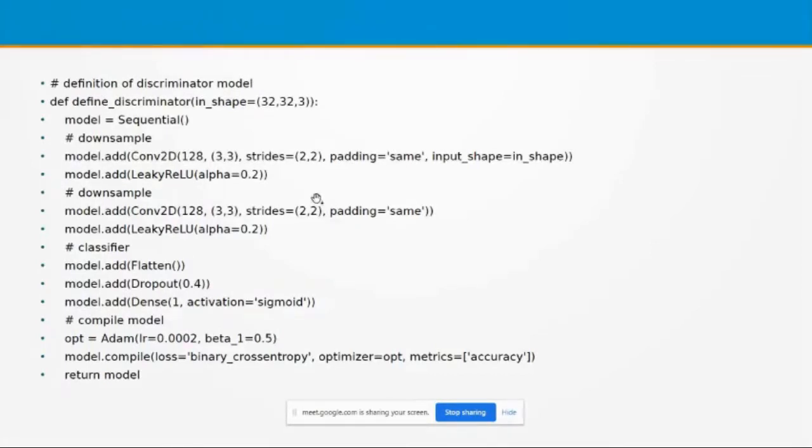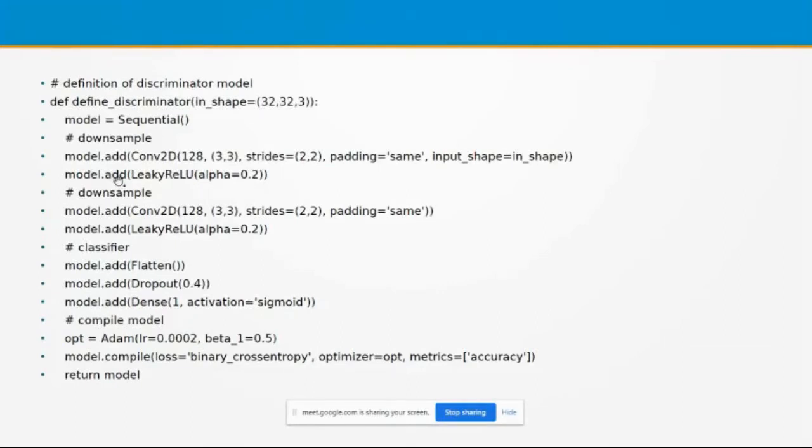But here I just include all the 3 different phases, that is convolution plus ReLU plus max pooling. All these 3 phases are combined together. Then model.add LeakyReLU. Here I have not mentioned the activation function, but instead of the ReLU activation function, I'm going to use leaky ReLU.